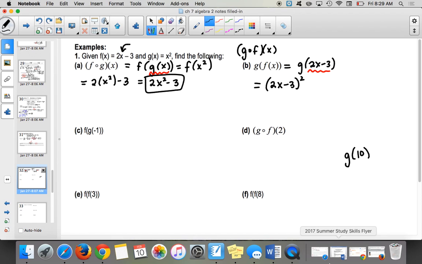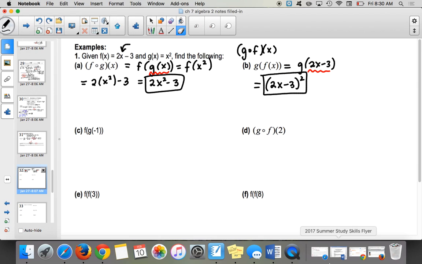So if I understand correctly, f of x equals the x in the g function? In the specific problem, you plug in f of x for the x. Yep, exactly. Is that the case for all of these? That is, yep. So you can leave it like 2x minus 3 squared, or if you wanted to simplify that,